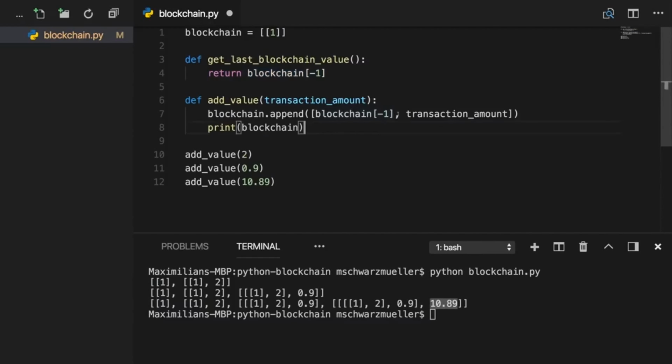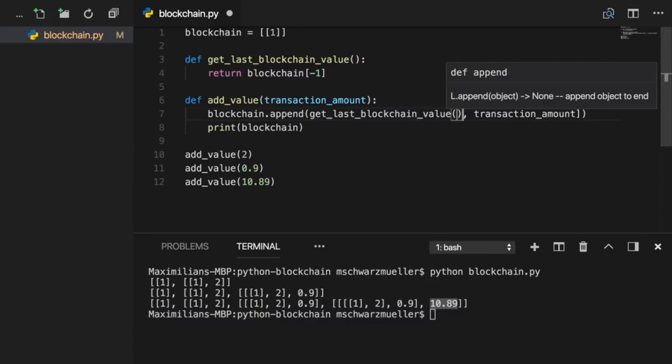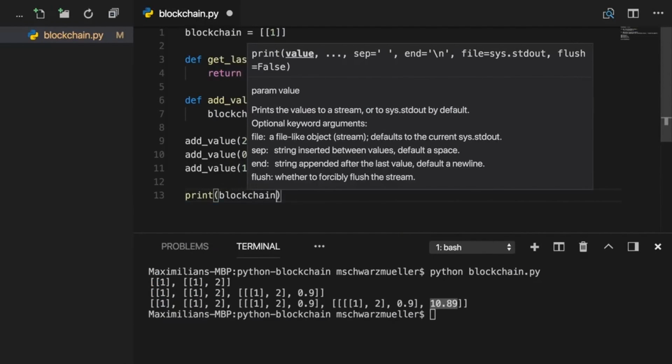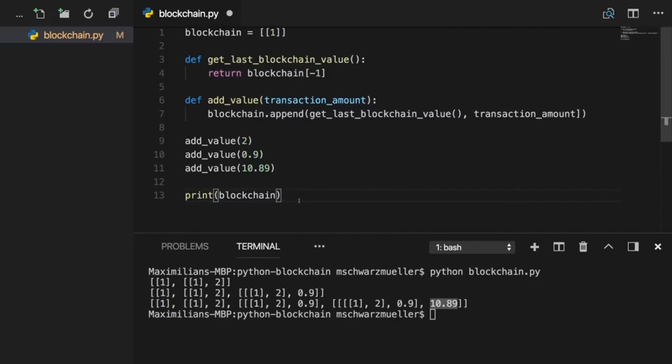What this simply means is that in this function here, we can call get_last_blockchain_value. Now, arguably, that got longer, but from a code reusability perspective here, we got cleaner because now each function has only one job: extract and append. Well, actually, this function still also prints it. But besides that, it only has this one job, and we can remove that print statement, of course, and simply print the blockchain at the end once we're done.